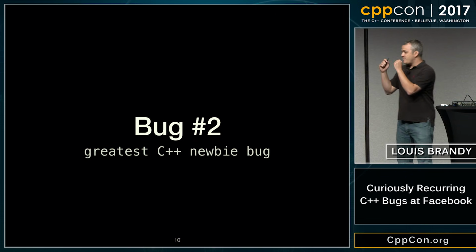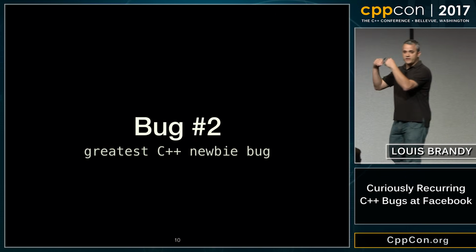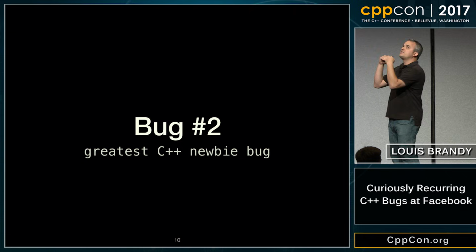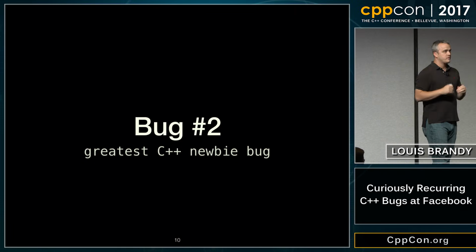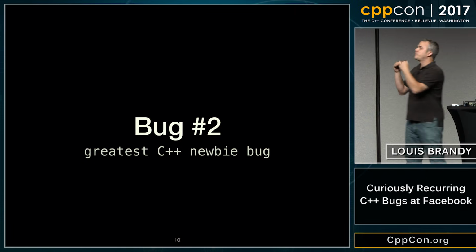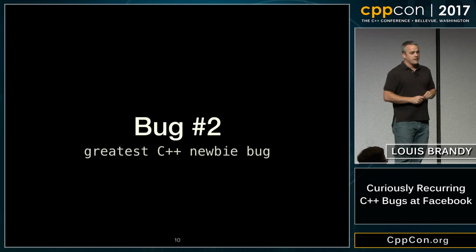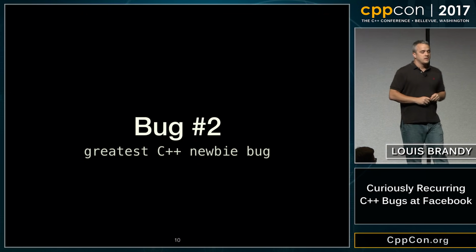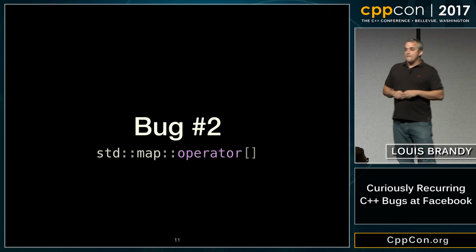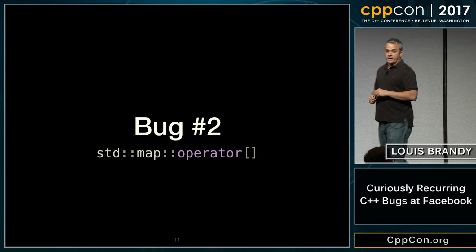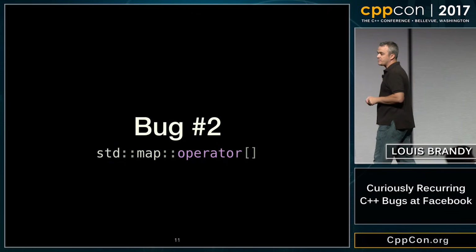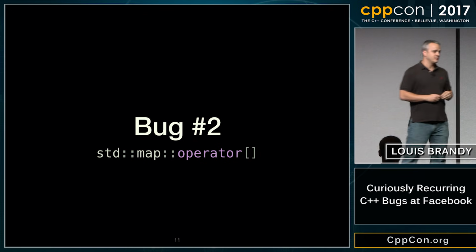So again, before I do the big reveal, I'm going to put these in chronological order. So this is sort of the order in which you will probably encounter them in your career. So hopefully many of you have seen this already. We'll end on something a little more hard. I believe it to be map's operator, square bracket operator. Ooh, I heard whispers. Yes, I've called it out.